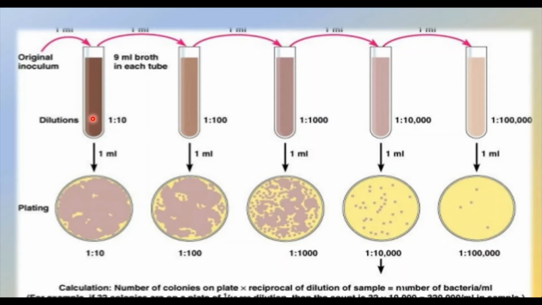Whatever it is, you take 9 ml of it and 1 ml of the original inoculum. And this is going to give a dilution of 1:10. Then this has to be transferred to the next one, where you get the dilution of